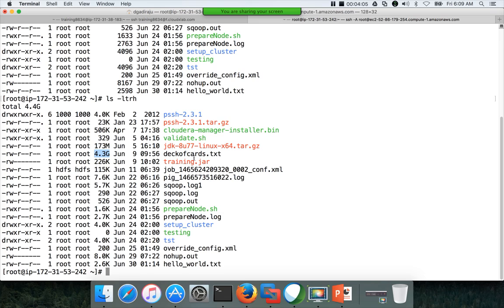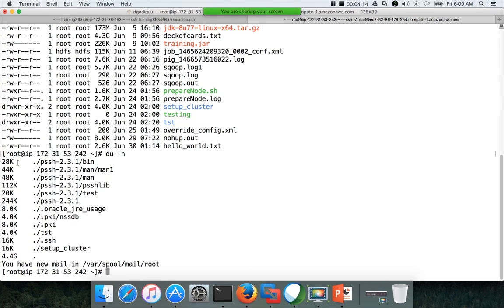So this deck-of-cards.txt is 4.3 gigabytes, and you can also run the du command with h. I am giving another example. du will show us the disk usage, and the current directory is represented by dot, and it is 4.4 gigabytes. So understand the relevance of h. It will help you in many ways when you have to deal with Linux.